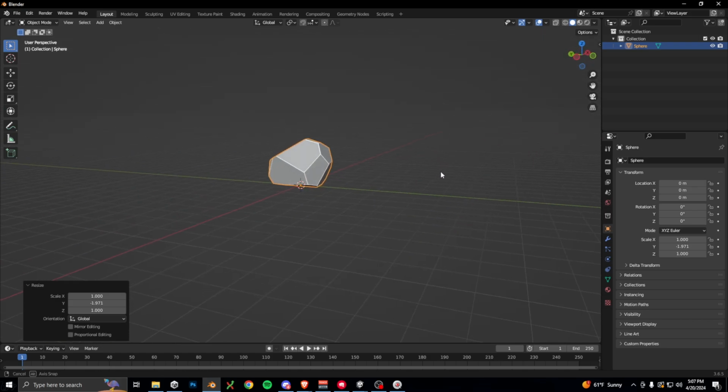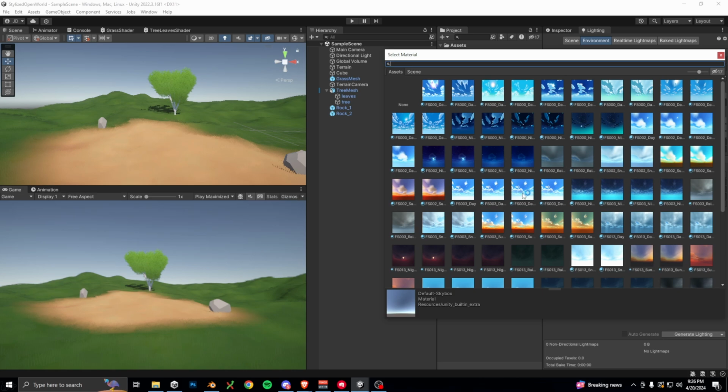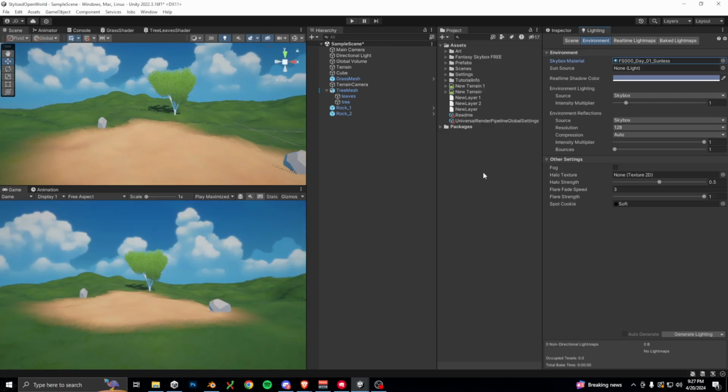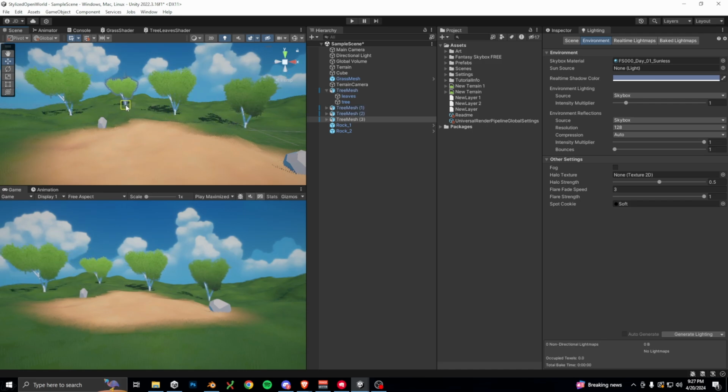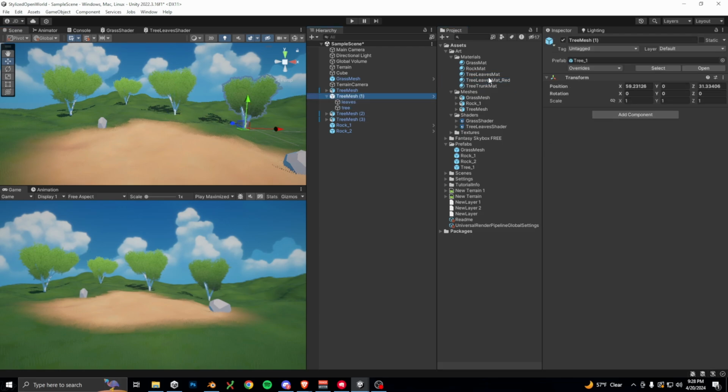Let's head back into our Unity scene. At this point, I'm going to finalize our scene. I did some rocks offline. I don't think it's really worth showing because they are just some very basic meshes. I'm also going to bring in a skybox from the Unity asset store, so we won't be going over those either. Okay, so now I'm just dragging on a couple rocks, adding in our skybox in the lighting panel, and